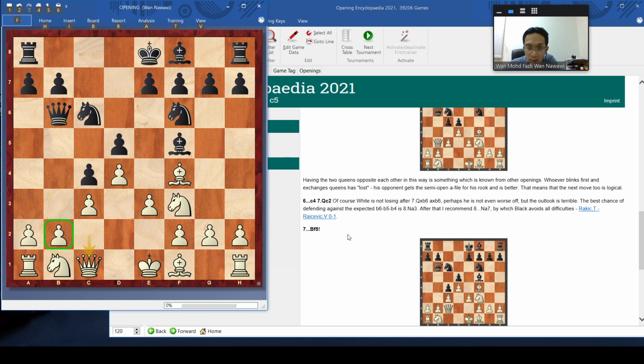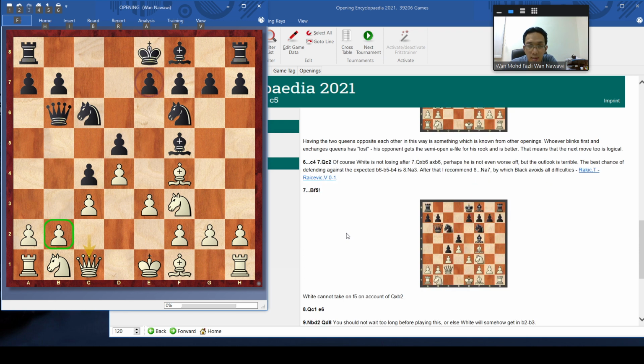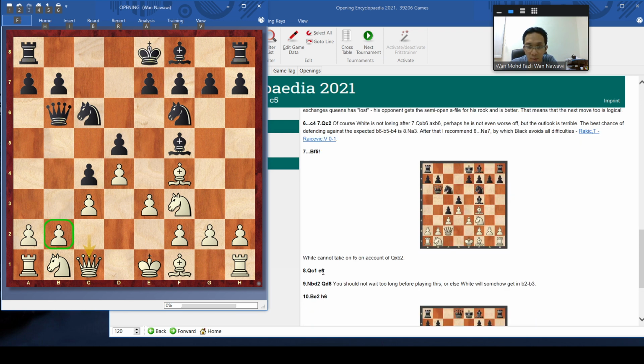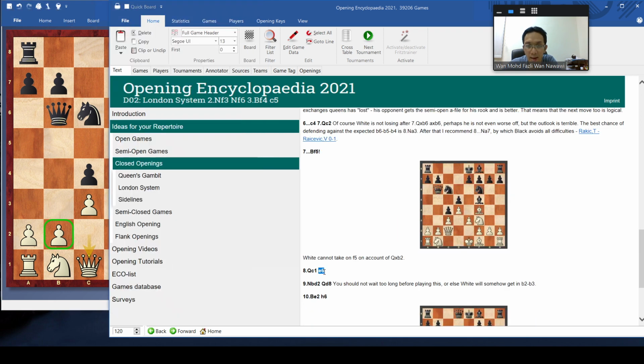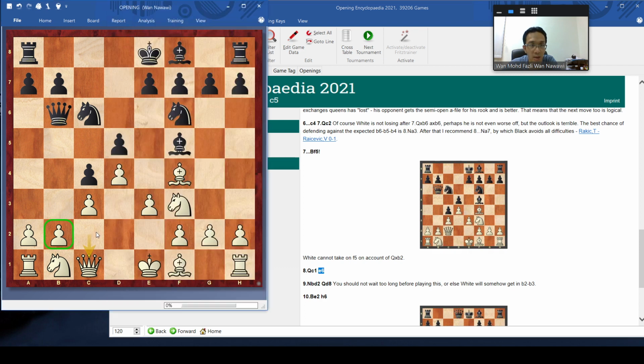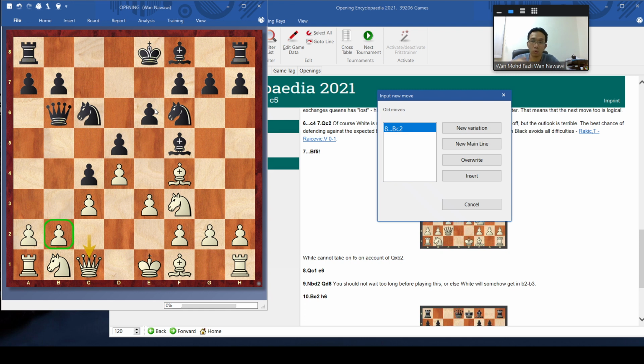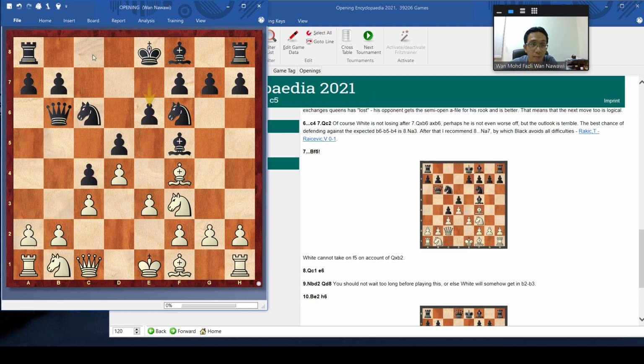And then here we see the recommendation. So black will play E6 in order to open up all this. Because now the bishop is already coming out, you can close the diagonal by playing E7 E6.